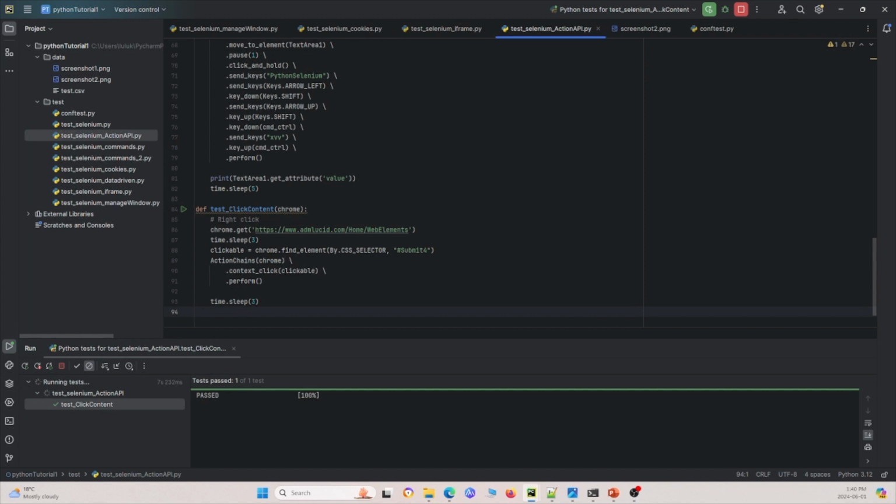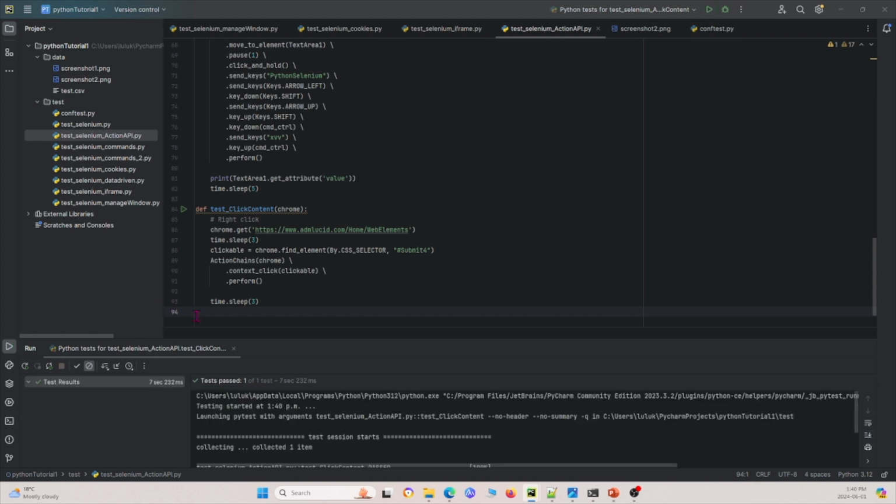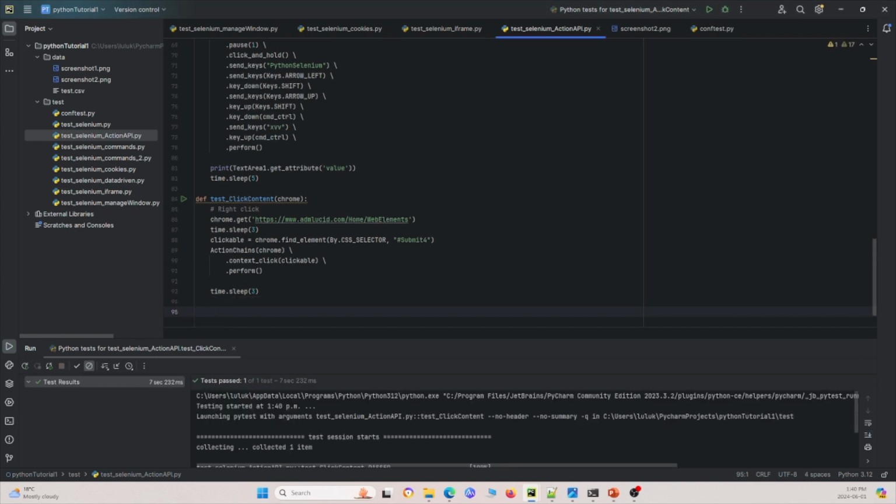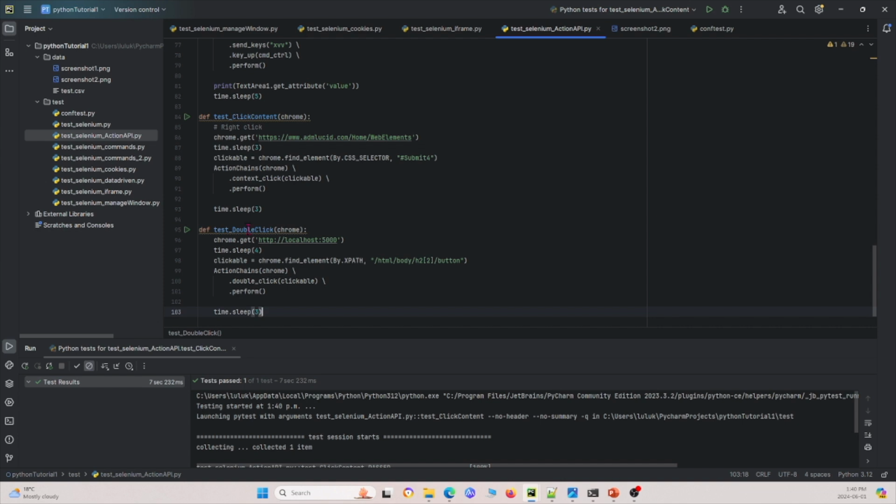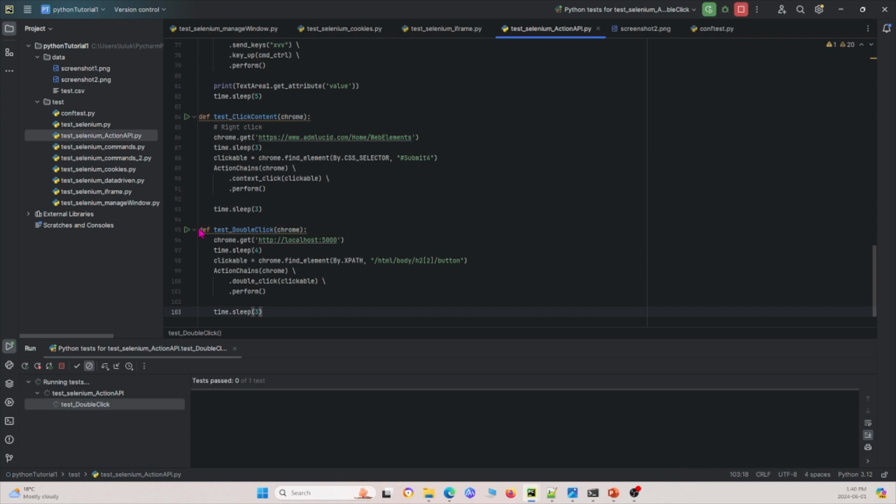Okay, sometimes you don't want to right click, and sometimes you just want to double click it. And so that's what I'm going to show you right here. We'll basically get the element to the Actions API to double click the element. And instead we use dot double click right here. And then we have our element that's specified right here. So go ahead and click that, run the test,